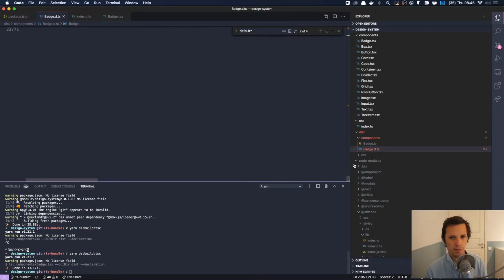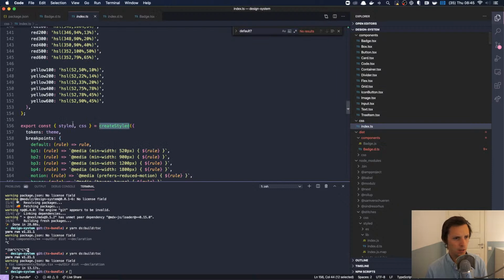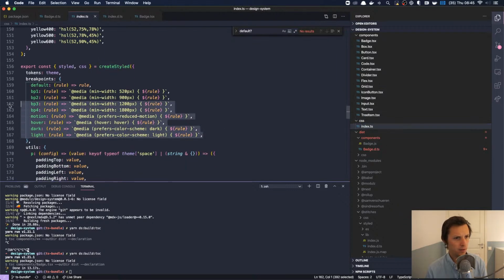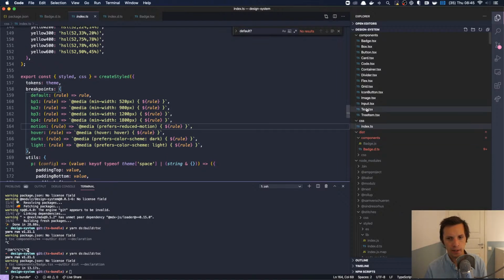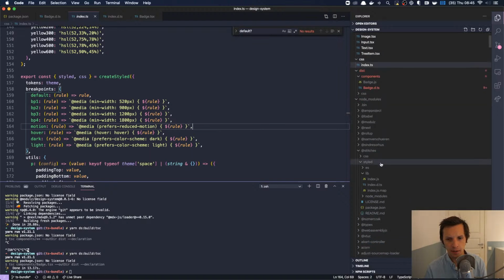I have no idea why it becomes this big. How many breakpoints are there? Well, there are quite a few breakpoints. Okay. So how are we going to deal with this? I did try something.